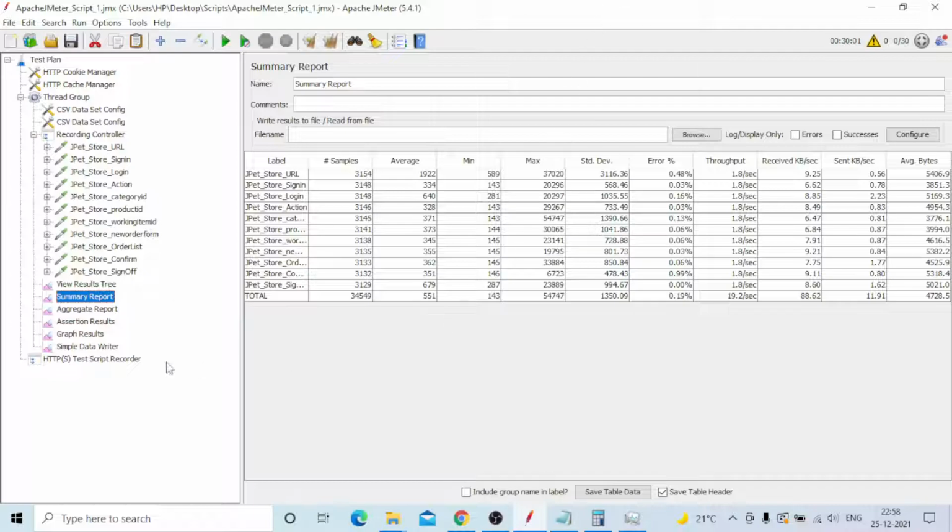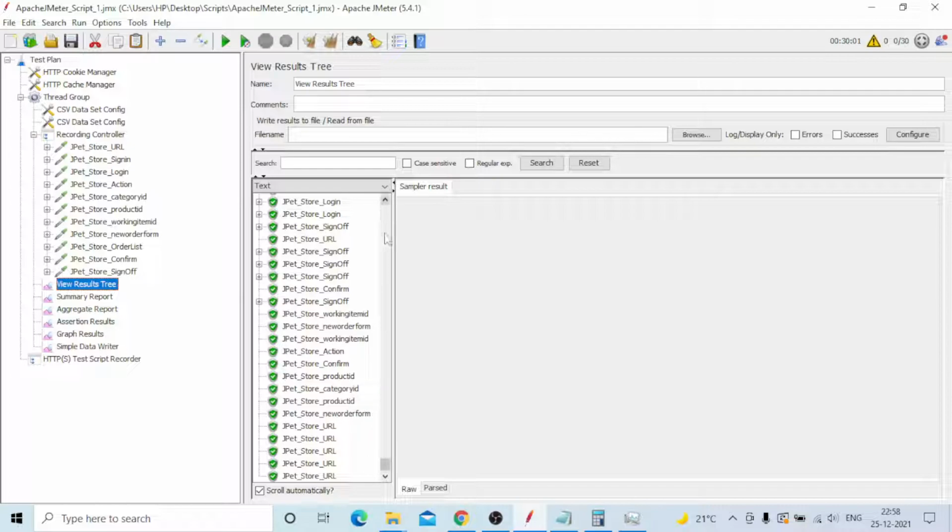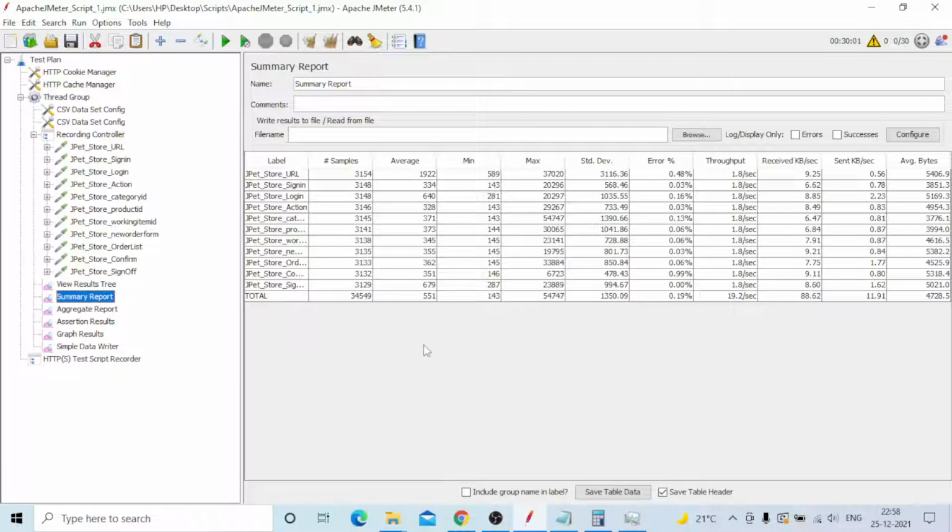Okay, coming to the test side, you can see the test executed for a total of 30 minutes. It's done. In the summary report, for each transaction, how many were done: the JPEG store URL had a total of 3154 transactions. Average response time is good, only 1.9 seconds, about 2 seconds.